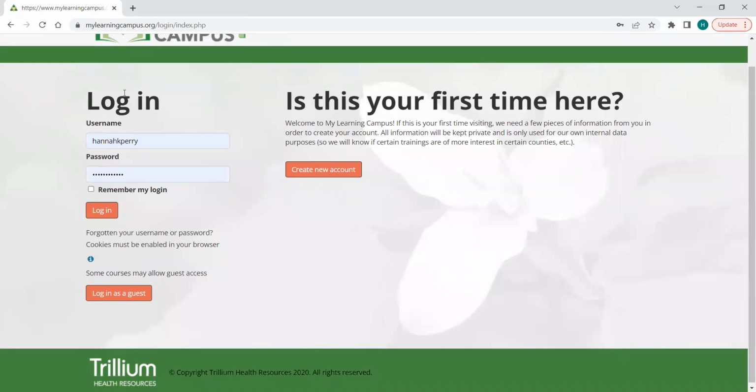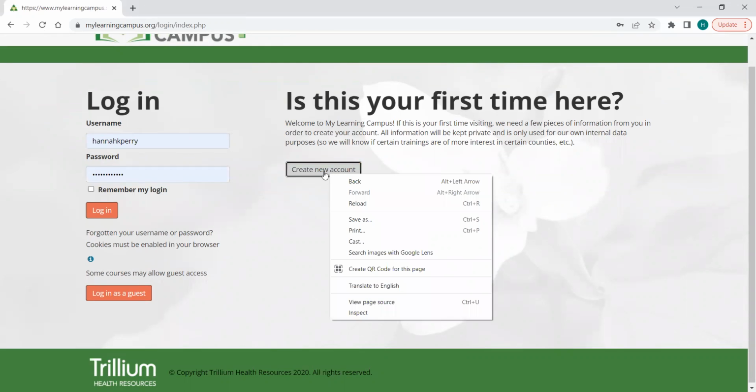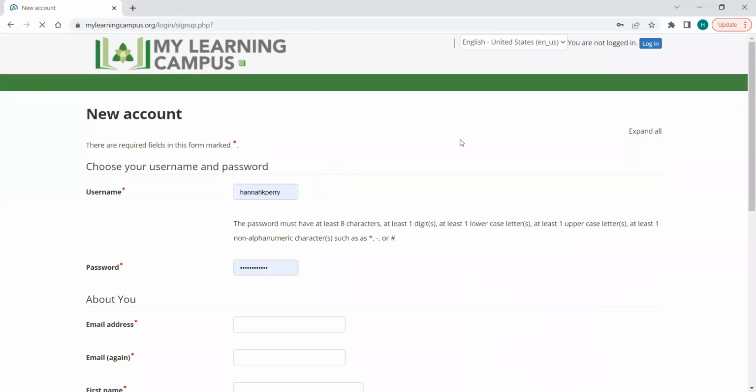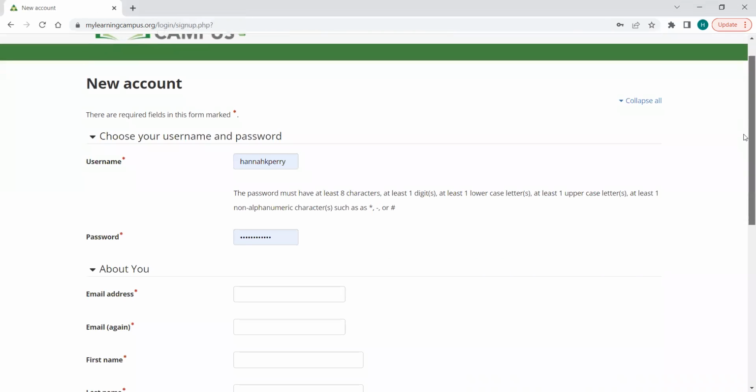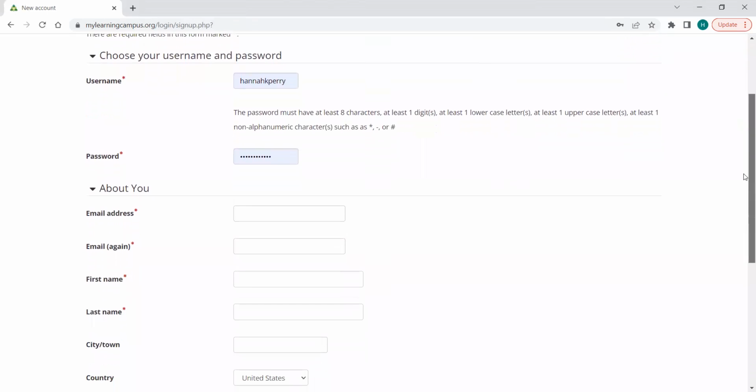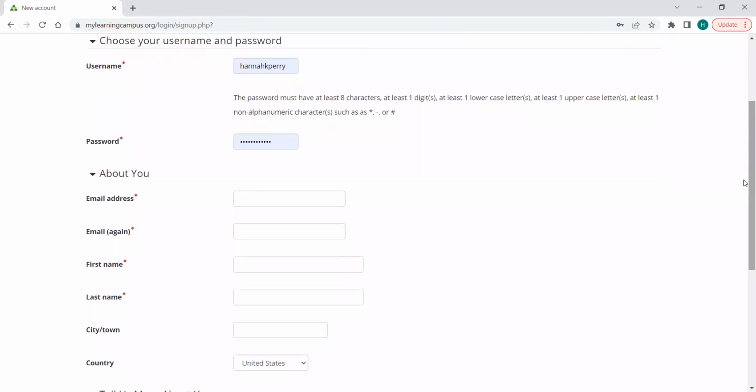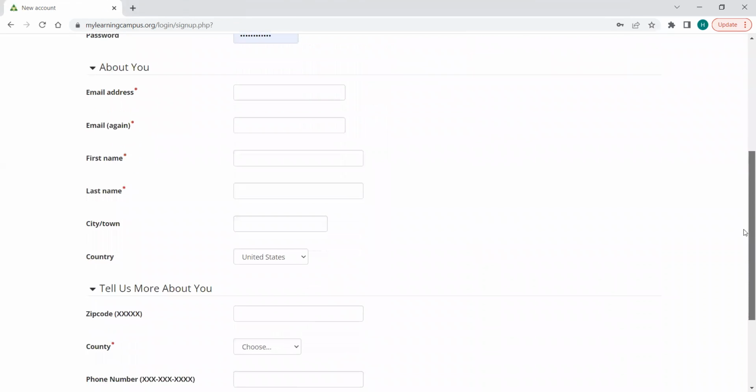You can either log in if you already have a username and password, or if it's your first time on the website, you can create a new account. So if I hit create a new account right here, it automatically puts in my username and password that I'm using currently, but you would create a username and a password, and then enter your email, your first and last name,